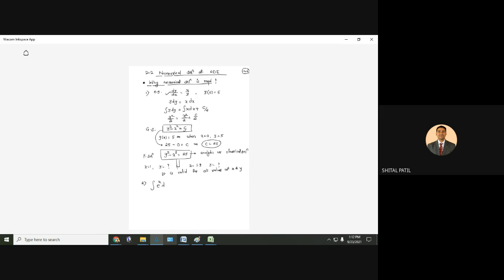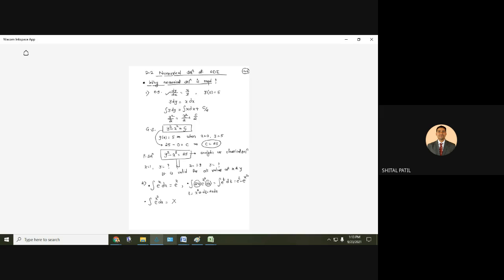Can you tell me what is the integration of e raised to x? Fast. e raised to x. Right? Tell me what is the integration of e raised to x square times 2x dx. ये भी कर सकते हैं. Take t equal to x square, therefore dt equal to 2x dx. 2x dx equal to dt, and e raised to x square is e raised to t. What is the integration of e raised to t? e raised to t, that is e raised to x square, right? But we cannot solve this. It is not possible to solve this integral.